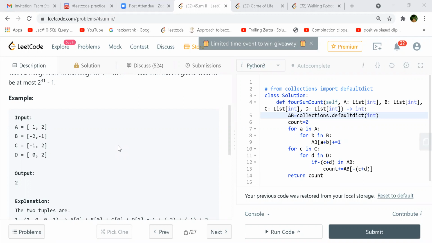So now when you run through the second loop from C and D, you do the same thing. You again look for all the combinations, so they all are going to be unique. Whatever summation you find, you try to negate it because you want to find a complement of that in the map. If you find a complement in the map with a count more than one, even though there are more combinations of that in A and B, C and D is still a unique combination, right? Yeah. So therefore they are going to be all unique combinations.